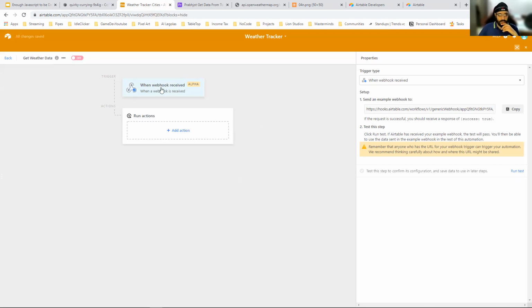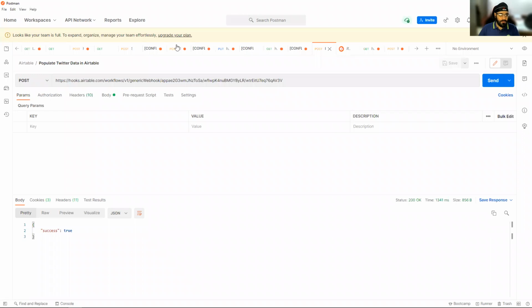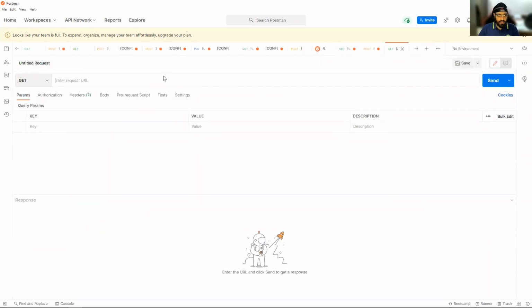Okay, so we created this when a webhook is received. On the right, you can see you have this webhook that you need to call. So you can copy this and we'll go into Postman. So nothing to worry at this point. We are just doing an API call to this webhook. And if you want a deep dive into API calls, Mark did a great workshop a few weeks ago, which is amazing. So yeah, something to look out for.